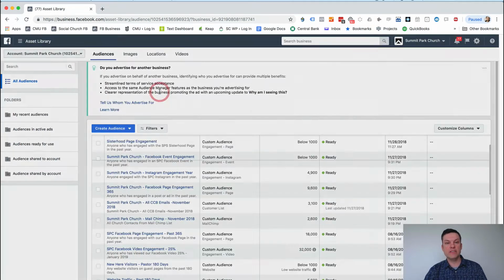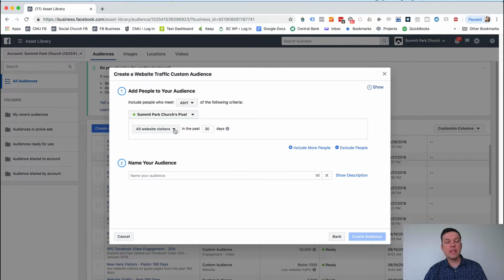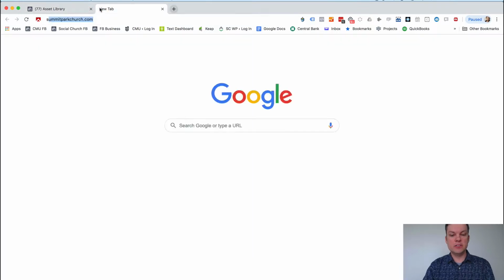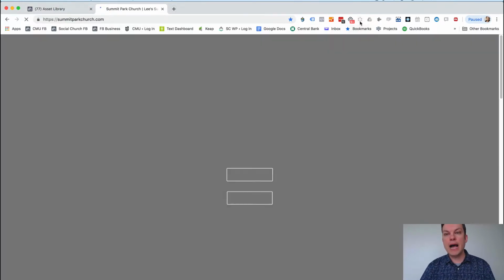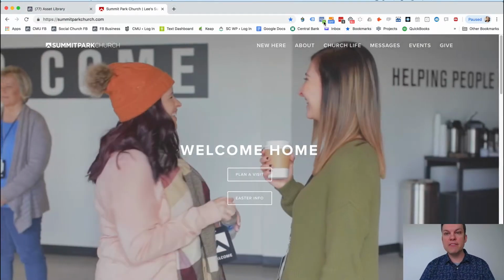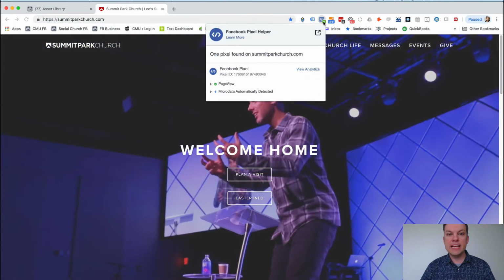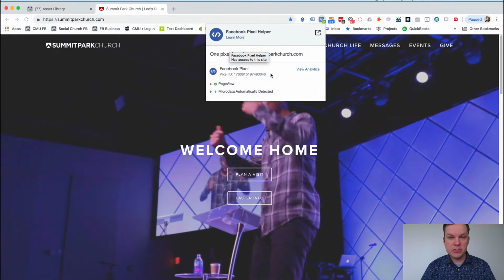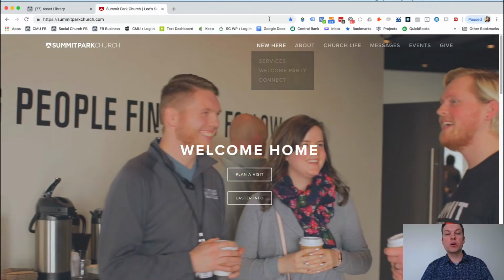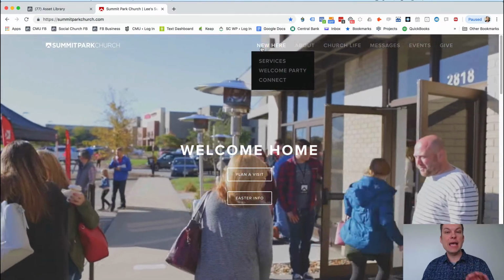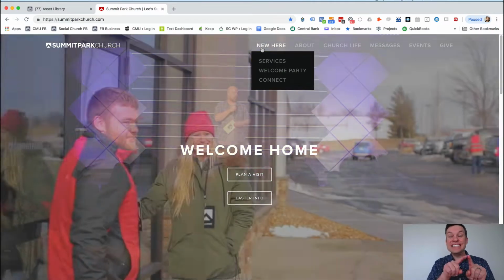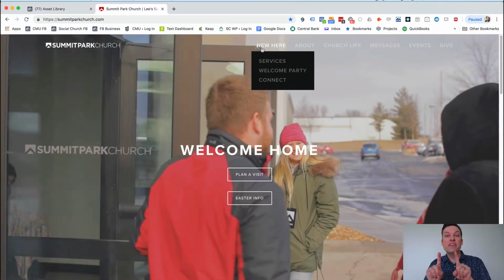So, hey, website traffic. This is going to be dependent on if you've got your pixel set up on your page. So if you go to your church's page, in this case, summitparkchurch.com, I'm in the Chrome browser and I've got this little plug-in extension called the Facebook Pixel Helper. It is lighting up green and it shows me the pixel ID, meaning, hey, the pixel is working, and every time somebody visits a page, it's firing off and